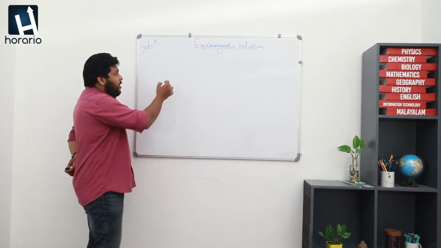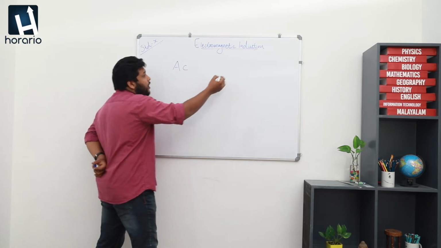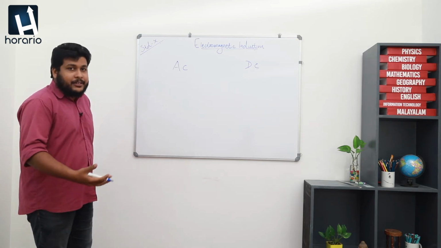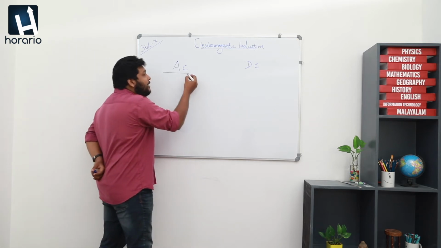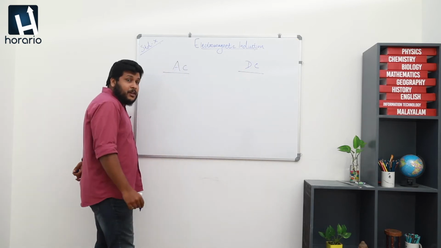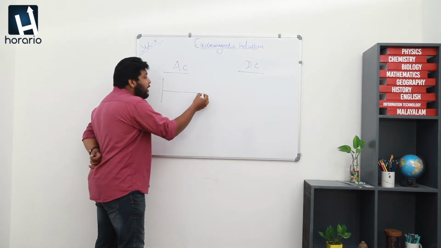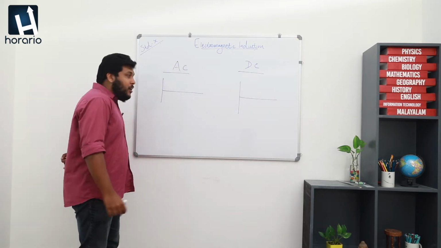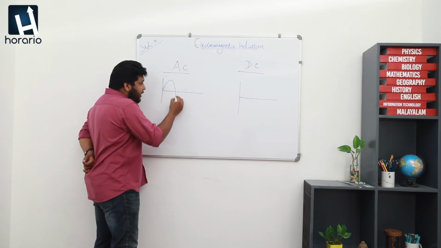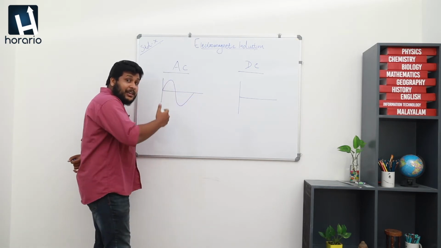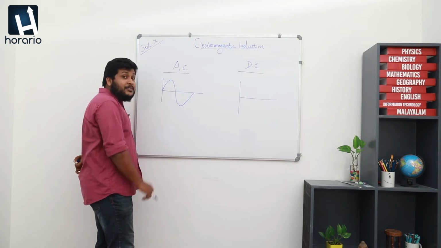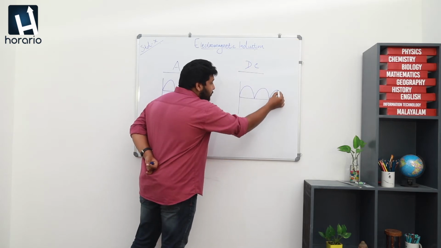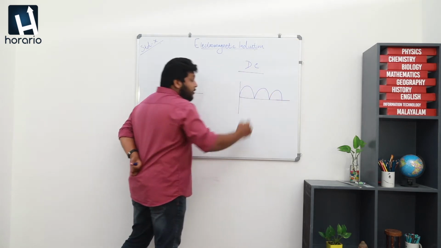Starting from that portion, we know that there are two types of current that can be produced by a conductor and a magnetic flux, and they are alternating current and direct current. We also discussed why the names alternating current and direct current are given. If the direction of a current changes in a certain interval of time, we can name it alternating current. If the direction is not changing with time, it is named direct current.